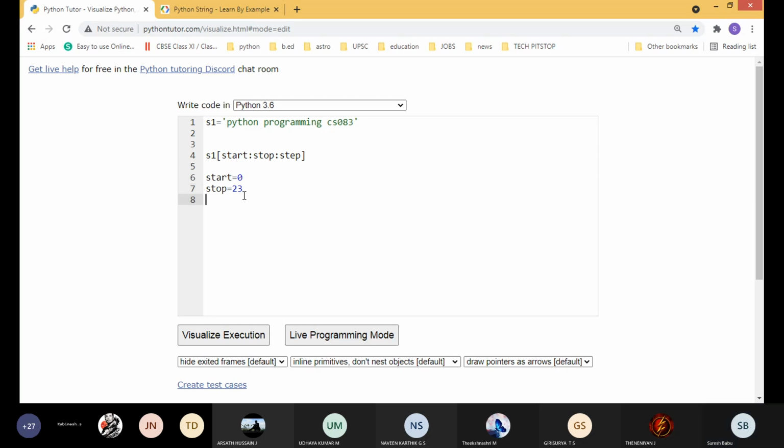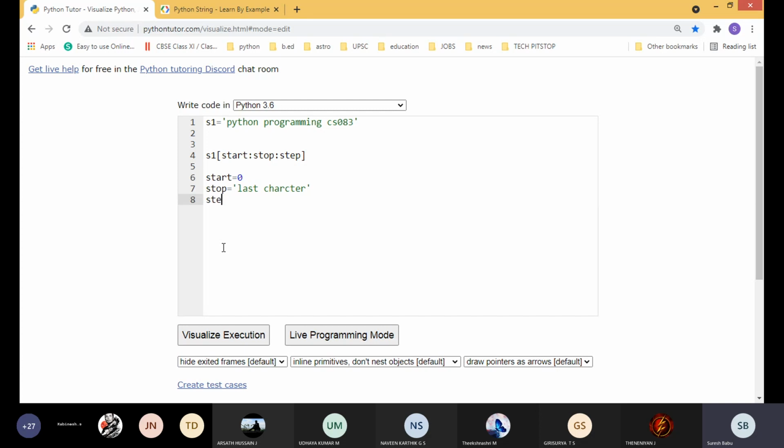Here the stop value is 23, but by default it means up to the last character. So we have to think of the last character, up to the last character.